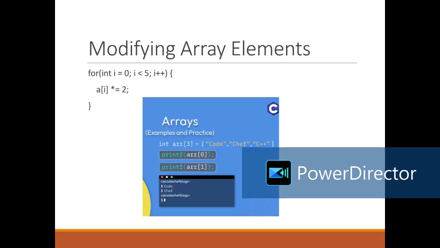Not only can you access and read array elements, but you can also modify them. Modifying an array element means changing the value stored at a particular index. This is also typically done using a for loop, especially if you want to apply a change to multiple elements. For instance, the code for (int i = 0; i < 5; i++), a[i] *= 2 will iterate through the array a and multiply each element's value by 2, effectively updating the